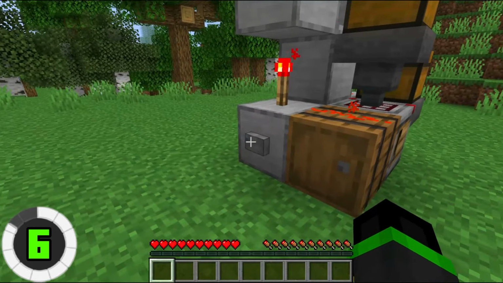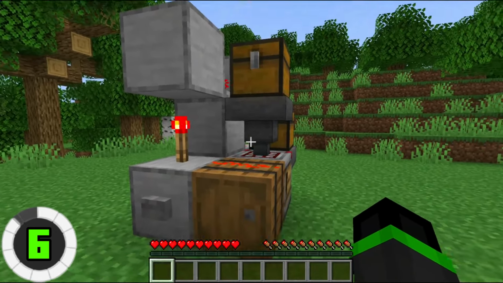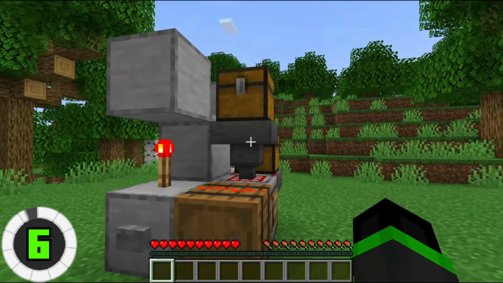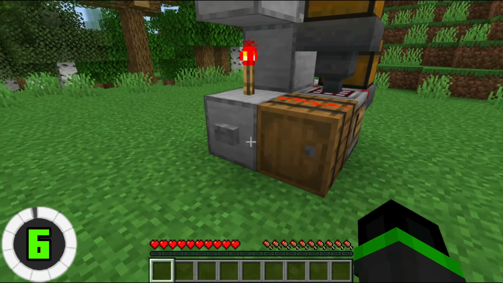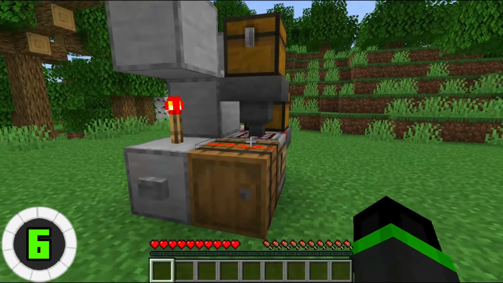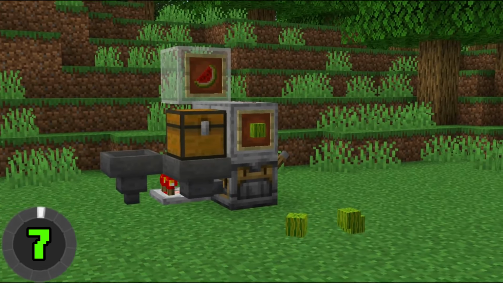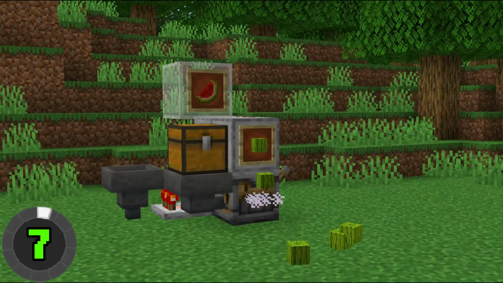And that's all you need to do now, since each button press will instantly craft a pickaxe and store it in the barrel for you to quickly pass by and collect whenever you need it. And you can even swap out the pickaxe materials in the crafter at any time once you're ready to upgrade it. This full block crafter can turn 9 items into 1 block like melon slices to melon blocks